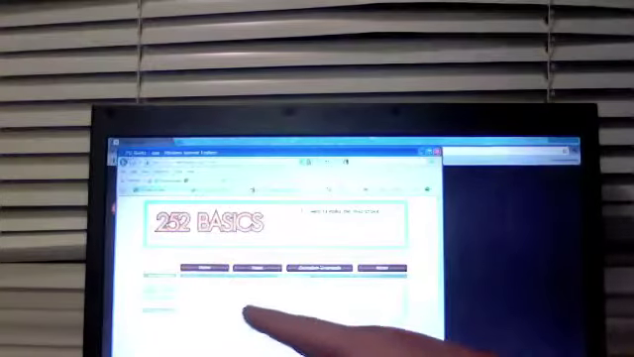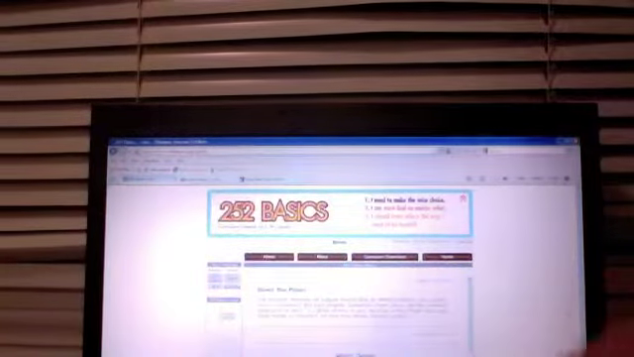What you're going to do is, actually, you can't hit enter. You have to click on 252 Basics in order to get in. So click on the 252 Basics button there, and it's going to take you to this page. This page is the home page for, let me open this up, the home page for finding